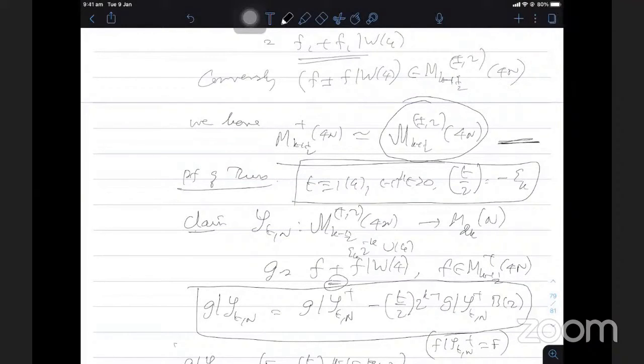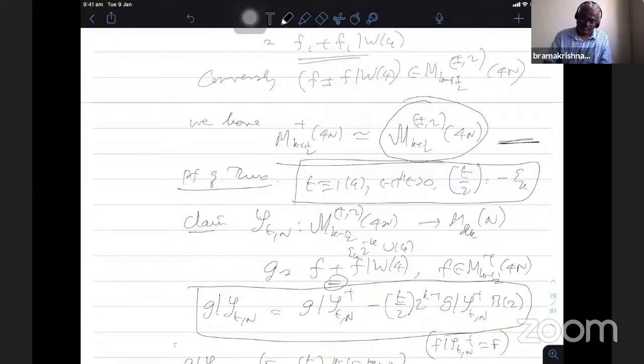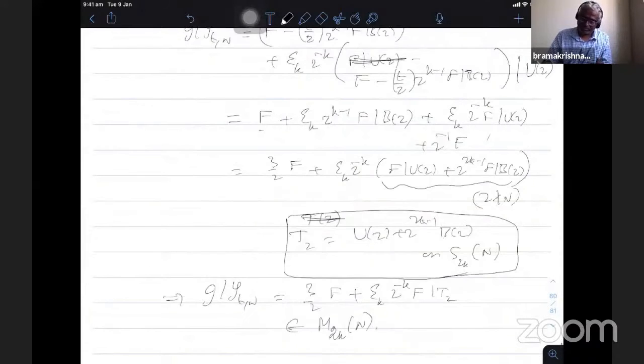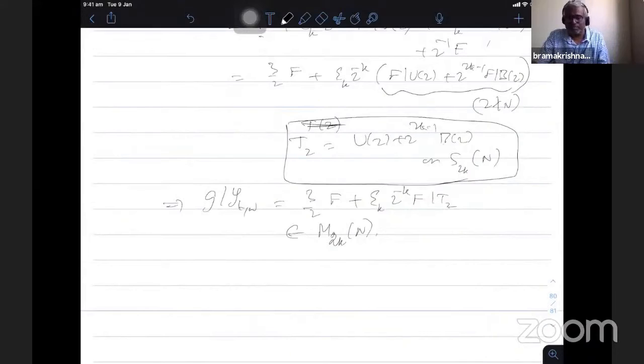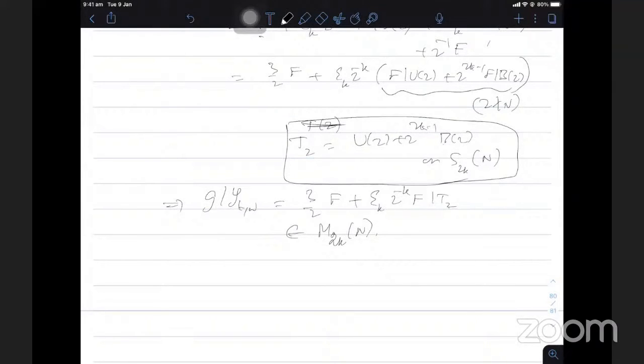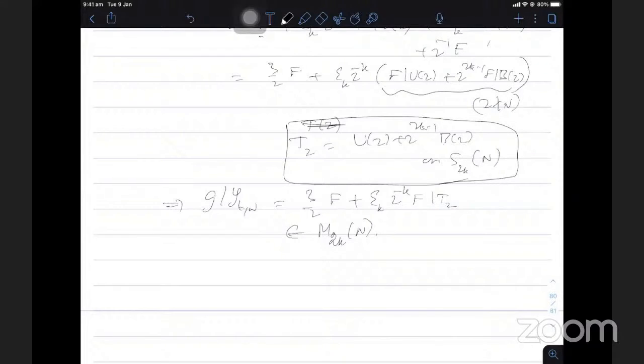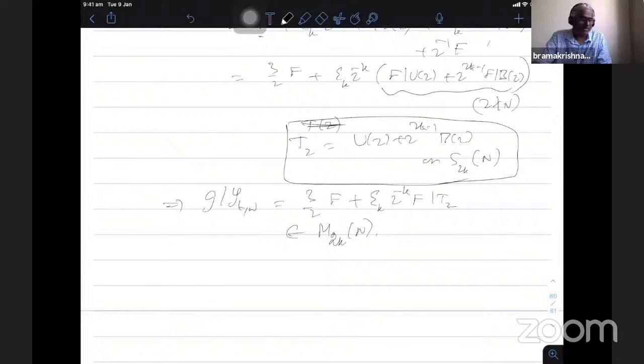And whatever you are doing now, it is just showing the Shimura map taking the plus 2 space into M2k N. Exactly. So what we have proved completes this, because you asked me whether the new form space exists or not in the plus 2 eigenspace. They are there in the decomposition. The moment you apply the Shimura map, they all vanish. So that's the whole part. Therefore, the new form space is also there in the plus minus 2 part.